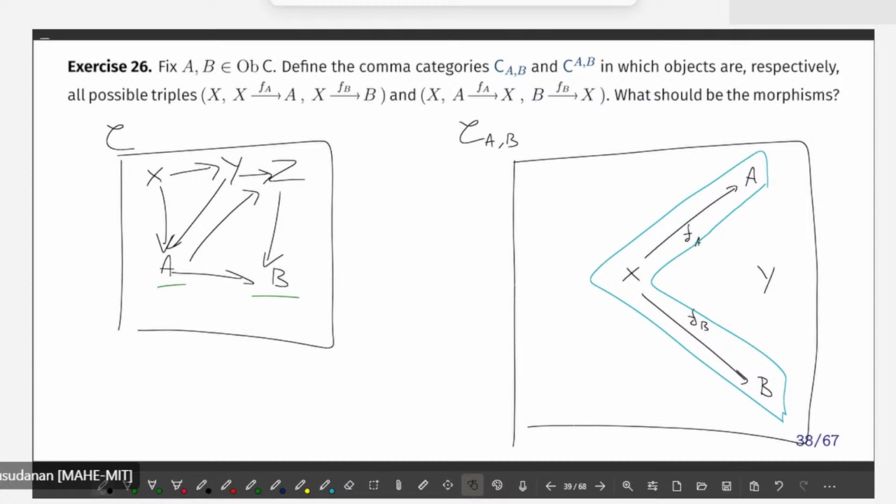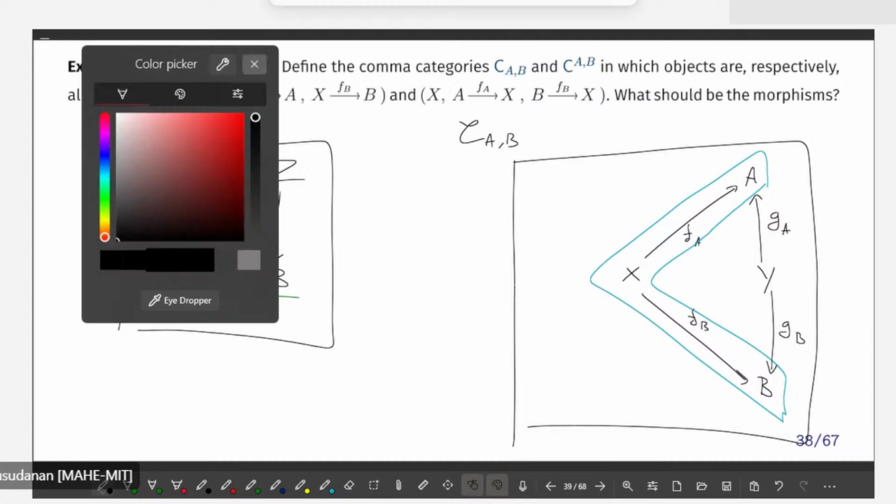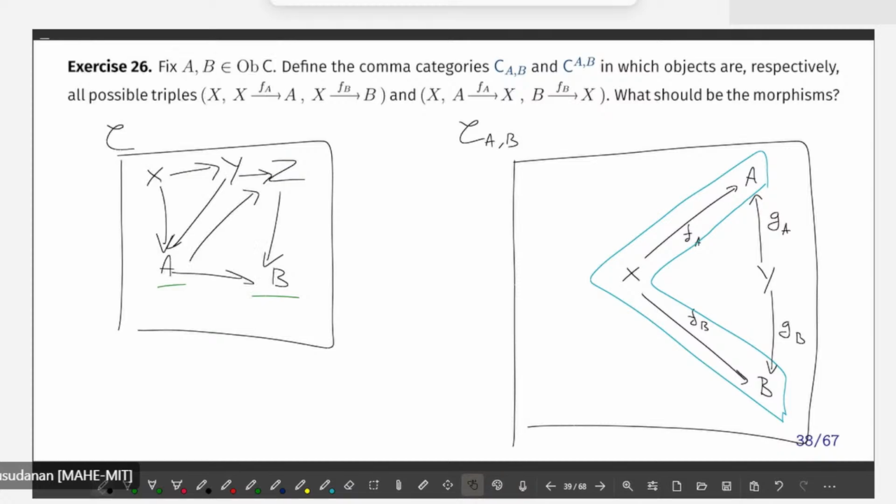Another possible object is some Y, possibly equal to X, and a pair of morphisms from Y to A and B. Again, I need to define a morphism in this category. So this is again a single object in this new category. In order to define a morphism in this new category, I will say a morphism from this triple X, FA, FB to Y, GA, GB